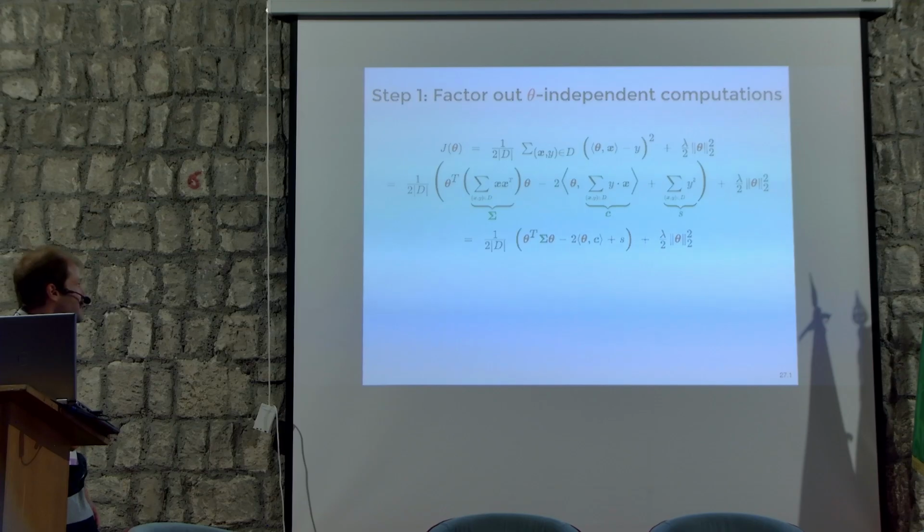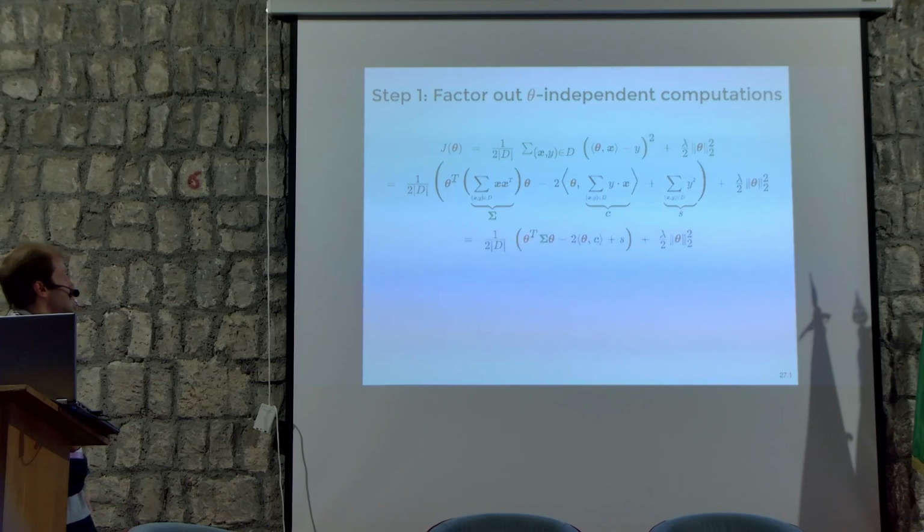So please ignore this line and just look at this, which is just a quadratic form in terms of theta. This is the main takeaway: our objective here is just a quadratic form in terms of theta, where we have this matrix sigma, which controls the quadratic term, and then there is a vector c for the linear term in terms of theta. If we can pre-compute this matrix sigma and this vector c, then this is the part of the computation that depends on the data and does not depend on theta. We can start by pre-computing these two alone,